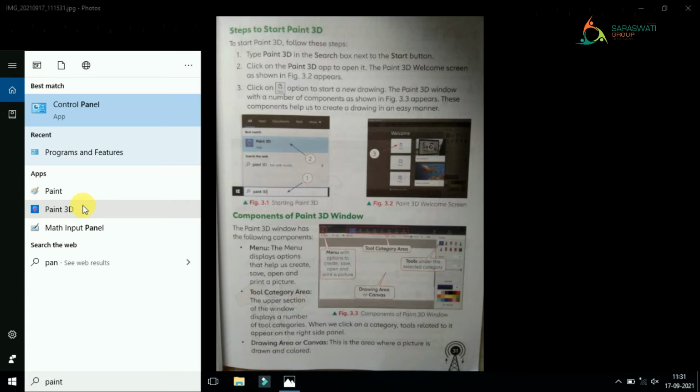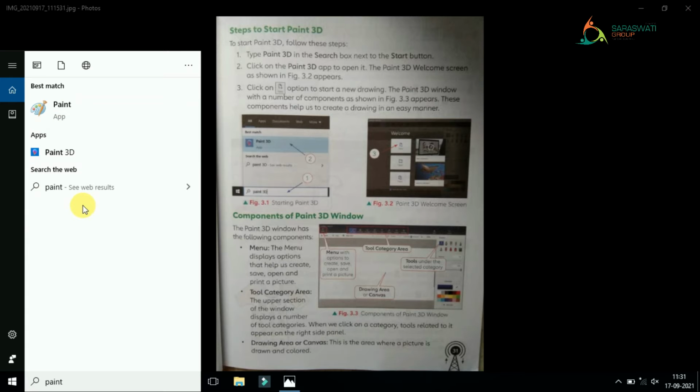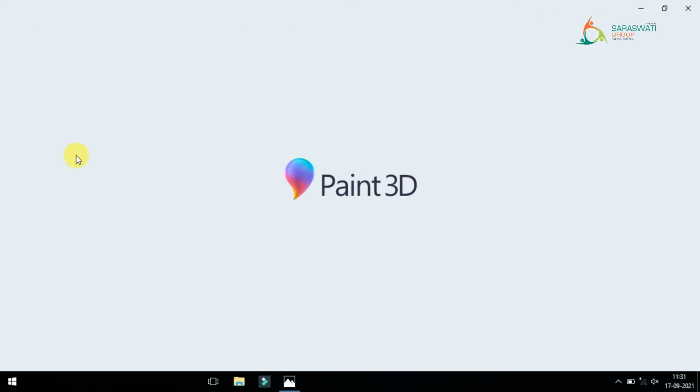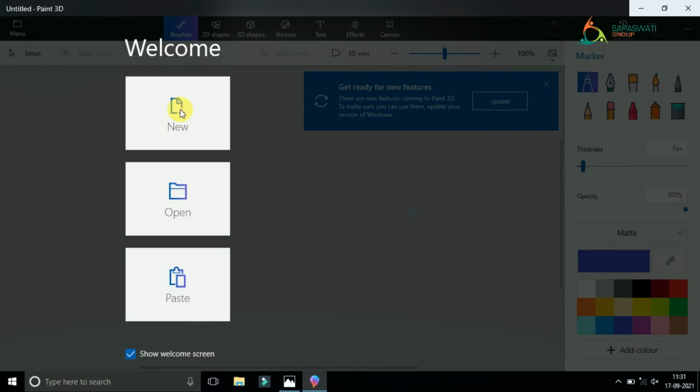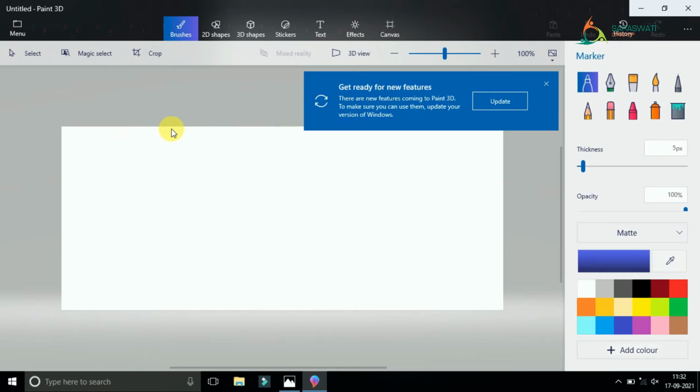Meanwhile we will go to the next category. What is the next category? The next category is the tool category area. You can see that tool category area. The upper section of the window displays a number of tool categories. Let me show you. I have to create a new one. It is an app, so it will take a time to open. See,